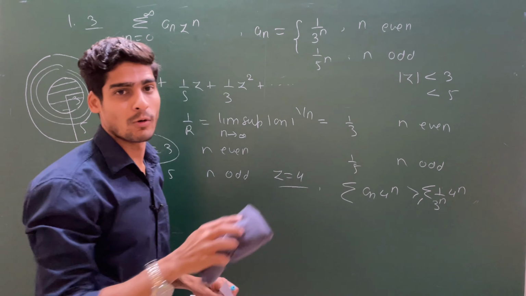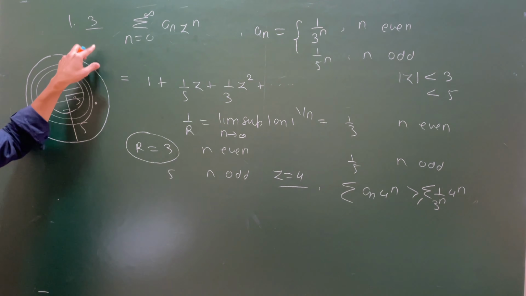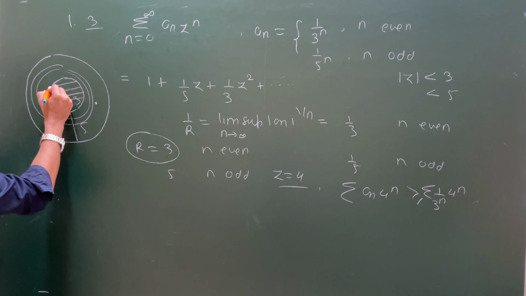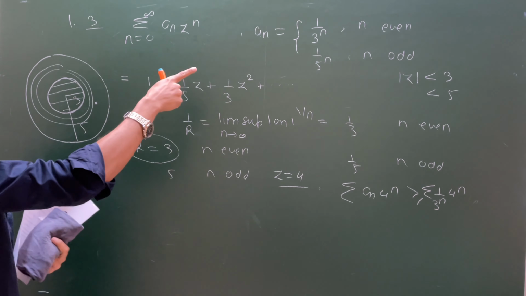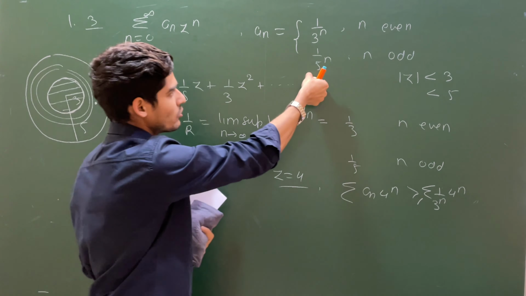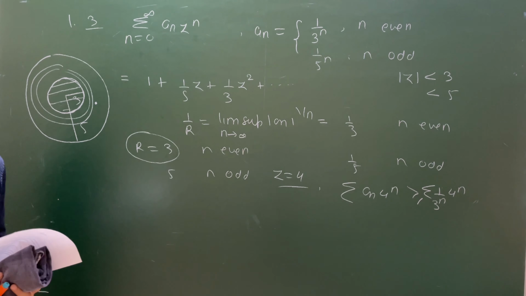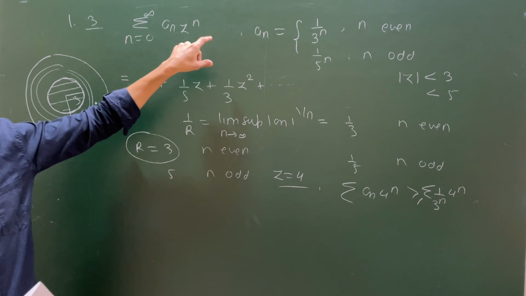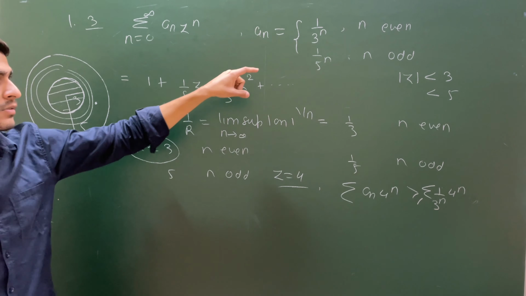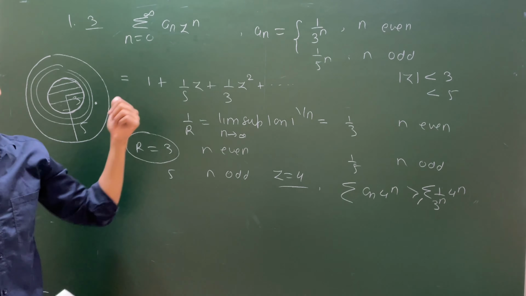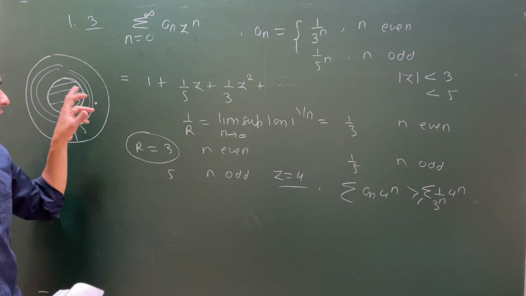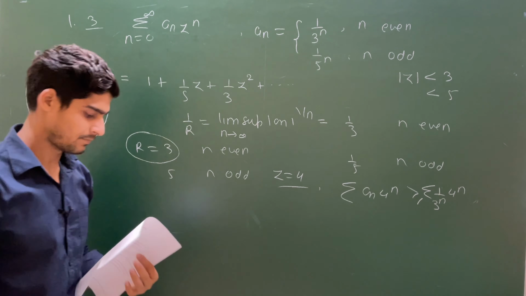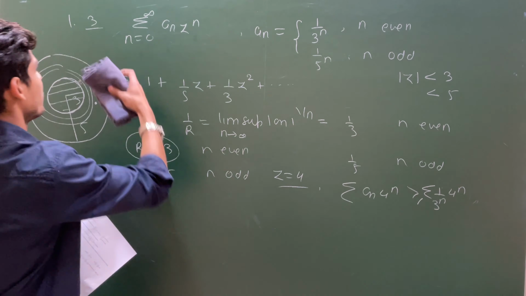And at the point 3 it has a problem. If you see on the boundary of this circle, then this has a problem. Because if you delete the odd terms of the sequence from the series, then you have a_n as 1 upon 3^n. And if you put z to be 3, then you have summation of 1. So all your even terms will be 1. So in that scenario, this series will not converge. So at r equal to 3 it is not converging, but inside it converges very nicely. So the answer will be 3.